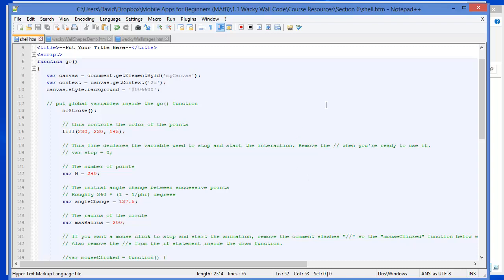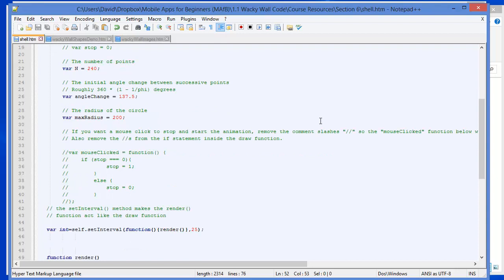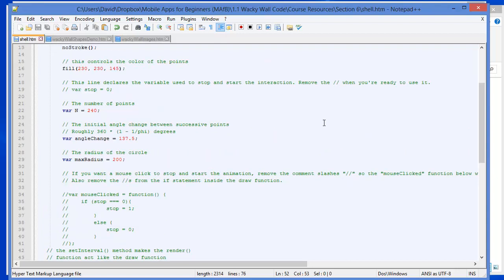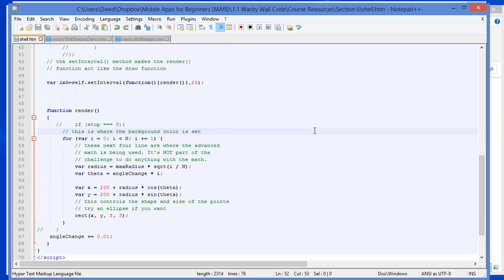So the first thing in the process is to look for any frame rate commands that might have been in your program in the con code. This Galaxy program doesn't happen to have one, so we don't need to do anything about that. The next thing to look for is where the shapes are drawn and convert the processing.js command into a JavaScript command. In this program, there is one line of code for drawing a shape. In this case, it's drawing a rectangle